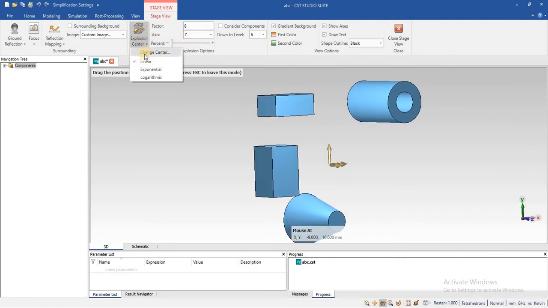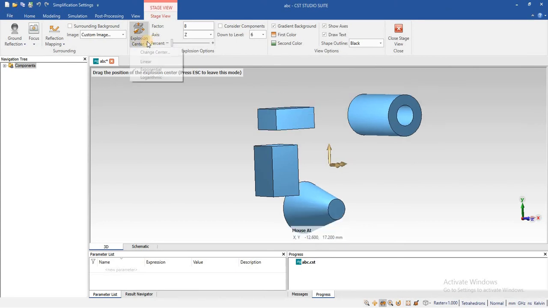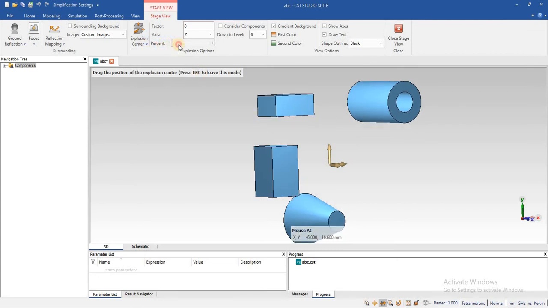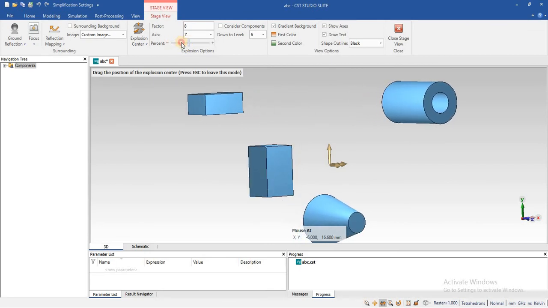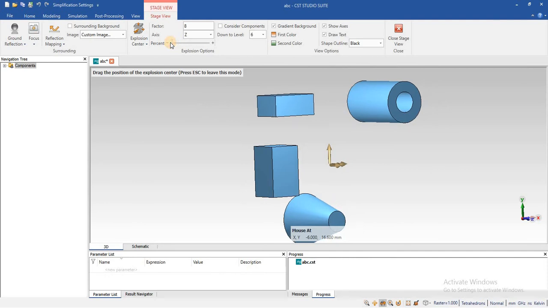You can also change the way of moving objects into linear, exponential and logarithmic. Similarly, you can define the center of the object as well for moving these objects. We will see when we do projects how these commands will help us.